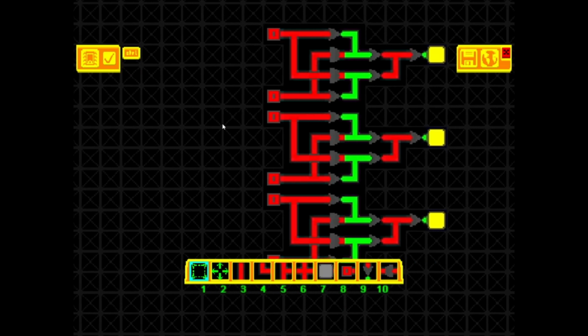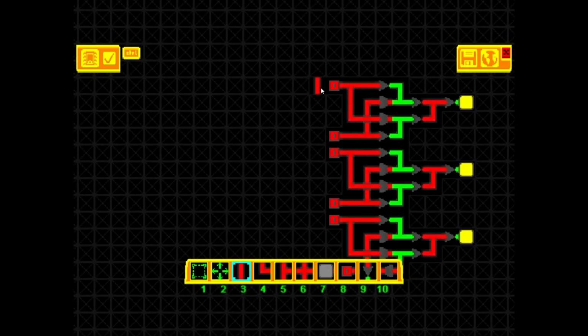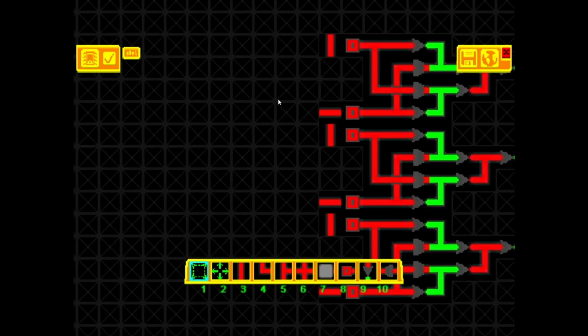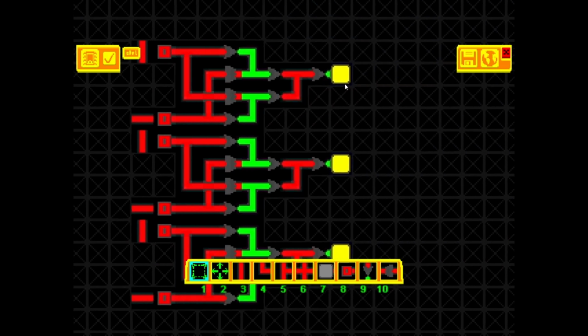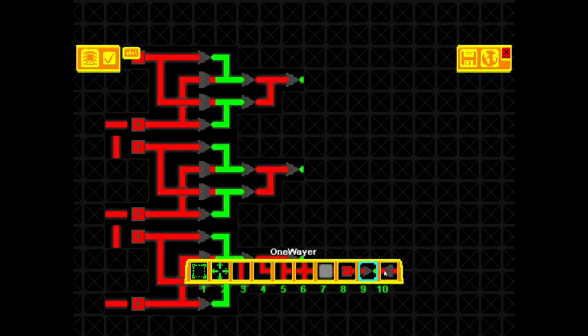So if you want, this is 1, this is 0, this is 2, 1, 2. Oh, hold on. 2, 1, 2, 1, 2. So this would be a 3-bit number, and if you run all of these outputs into an AND gate,